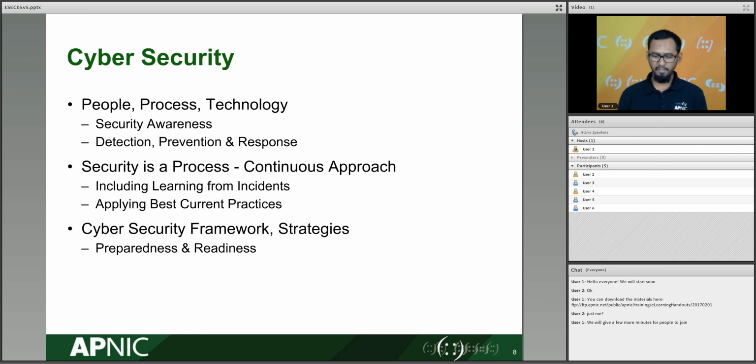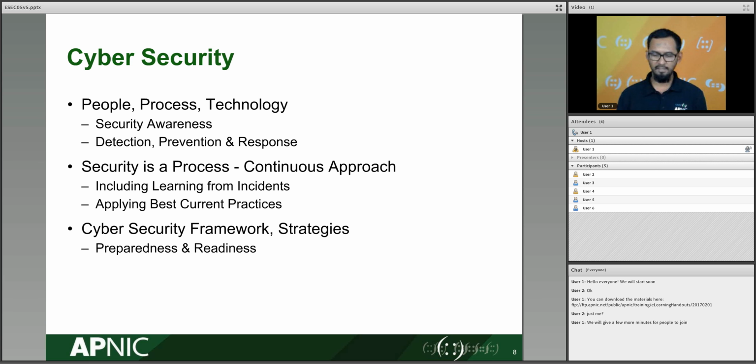Now, a little bit more on cybersecurity. Security is not the ultimate. Security is an ultimate outcome of doing a lot of things. So security is part of a process. It is a continuous approach. And part of this is being able to learn from incidents that you may experience or incidents that other people have experienced, right? So I'm sure you have read news or articles about how organization X was breached, and as